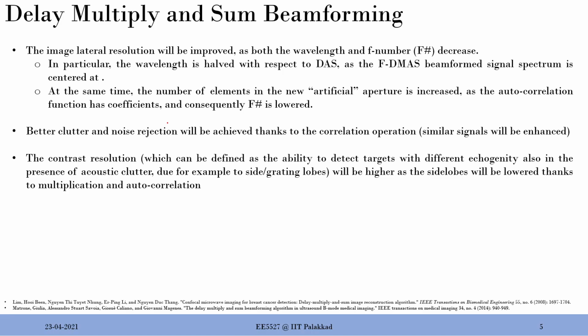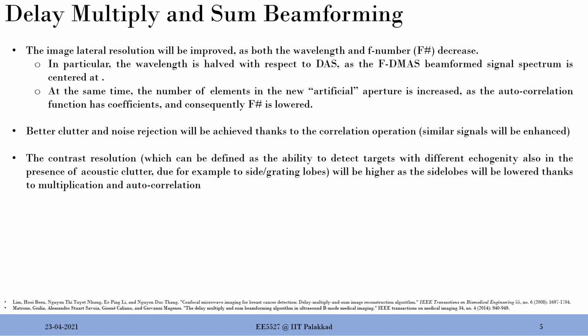The reason is also pretty simple, because you do have a multiplication, and that multiplication enhances, just like the second line says, it enhances the similar ones and suppresses the dissimilar ones. And then to go with it, the autocorrelation factor, that weighting, that triangular sort of apodization which is going to happen, will further help us in reducing the grating lobes and the side lobes to lower